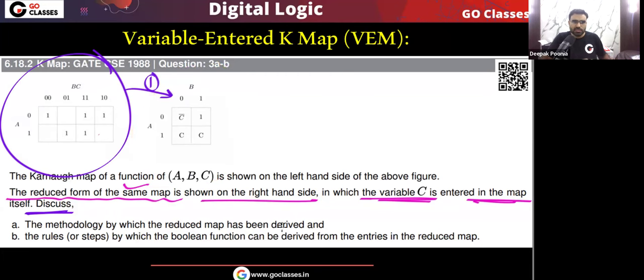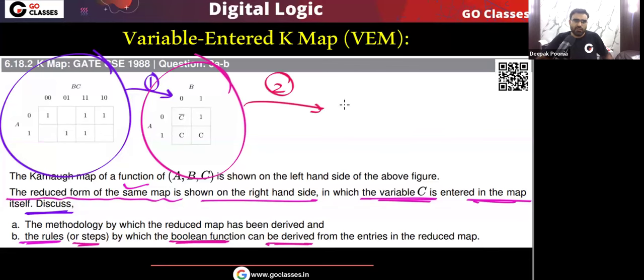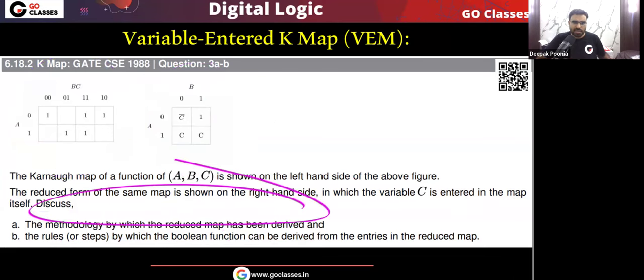The second question is, what are the rules, or the steps, by which the boolean function can be derived from the reduced K-map? In the second question we need to find the expression for the boolean function f from this reduced, or compact, K-map. Very simple question. One by one we will solve it. First we will solve the first part, then the second part.